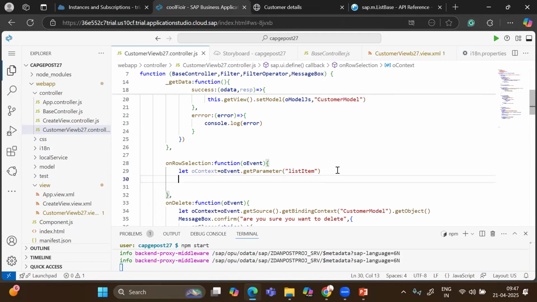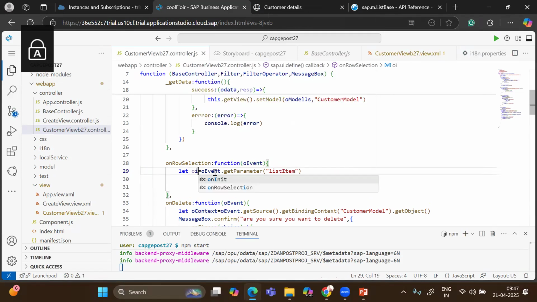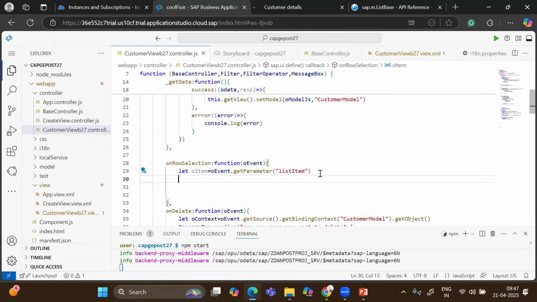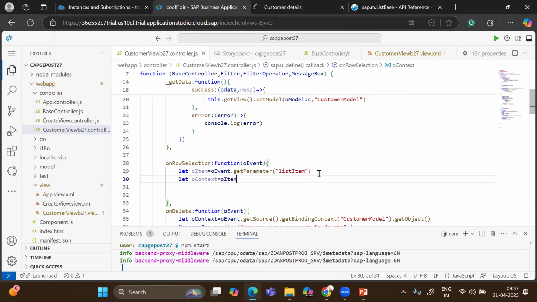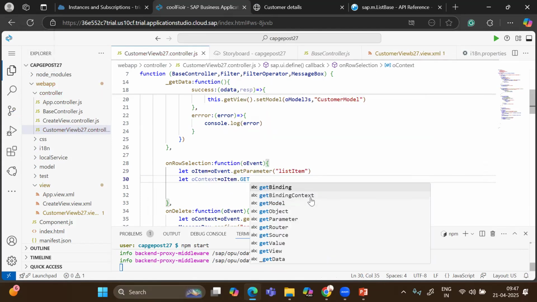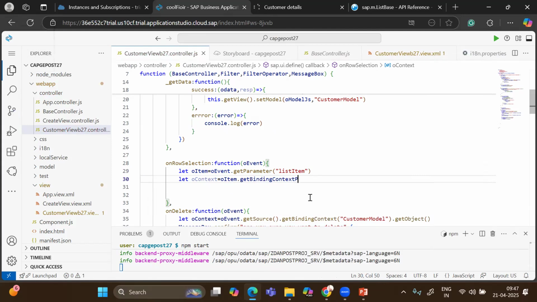And once you get the parameter, I'll change it to oItem. And then I'll say let context, binding context, or context, I'll say oItem.getBindingContextPath,